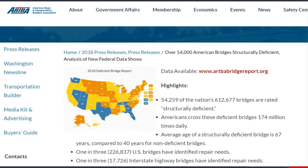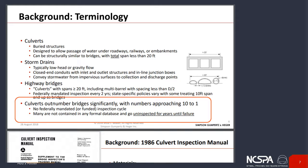We've all seen these reports come out, over and over again, that really speak to the number of bridges that are rated structurally deficient in the U.S., and that number keeps growing. We're more dealing with culverts, but I want you to keep this number in mind, this 612,000 bridges rated structurally deficient, and then look at this presentation from SG&H from, I think, 2018. And the culverts outnumber bridges significantly by about 10 to 1. So if we had 612,000 bridges rated structurally deficient, think about how many culverts are out there that are in